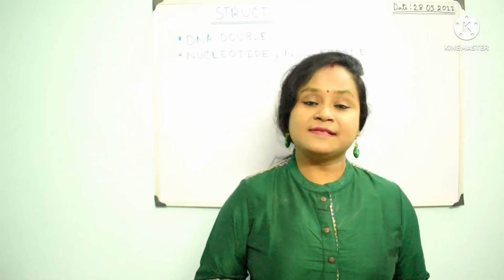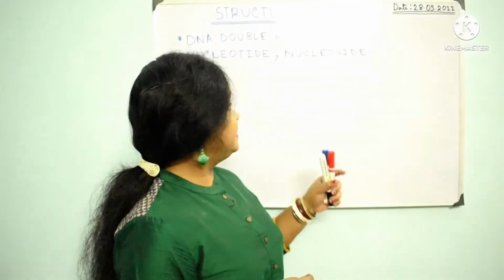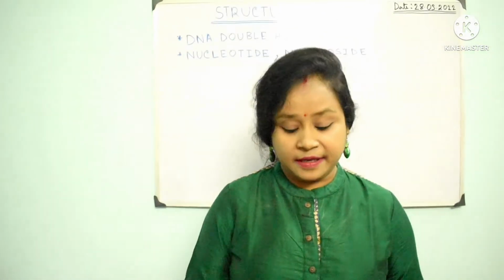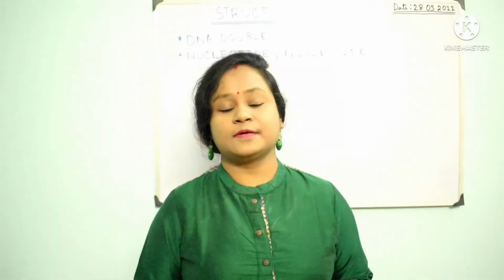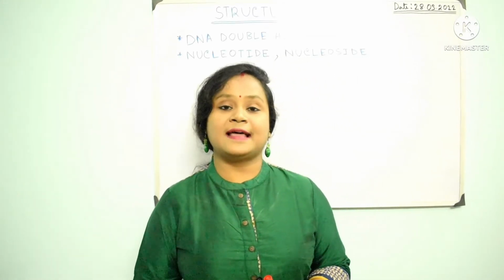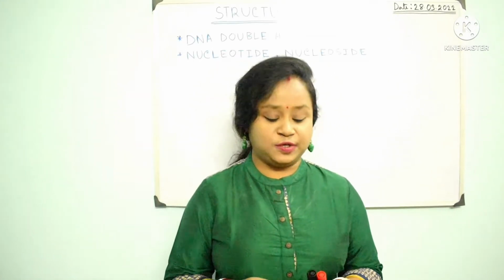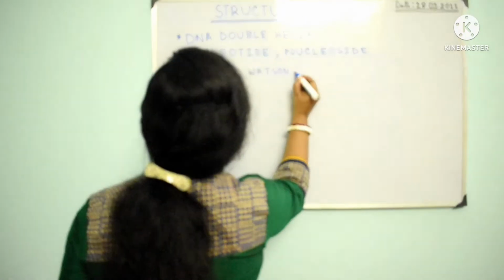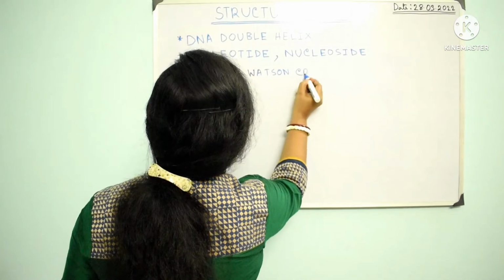But prior to discussing the detailed structure of DNA, we should also pay a tribute to those scientists. The work of those scientists gave us the detailed information we know about the Watson and Crick model,